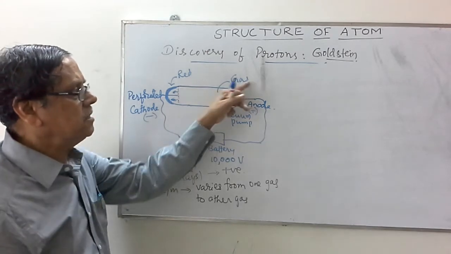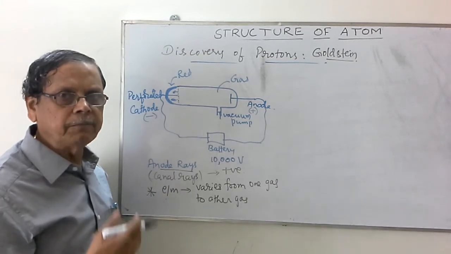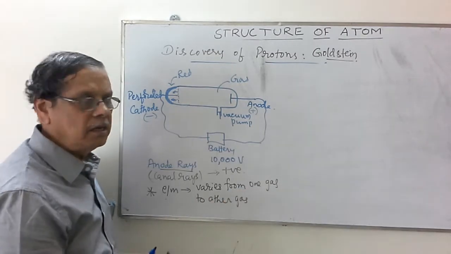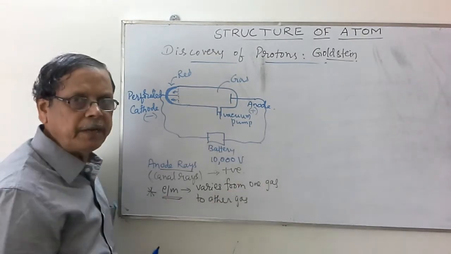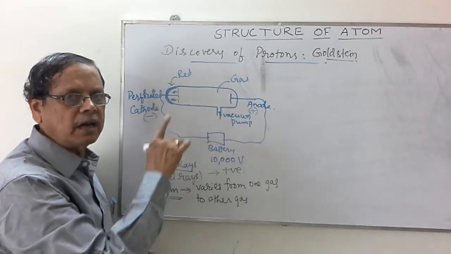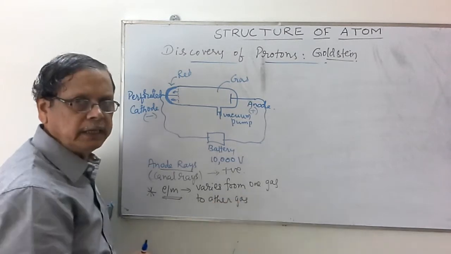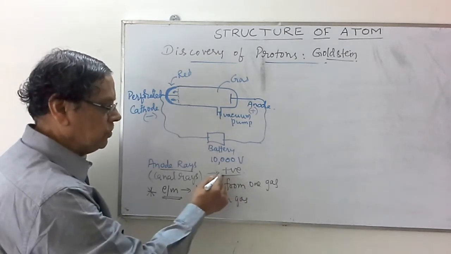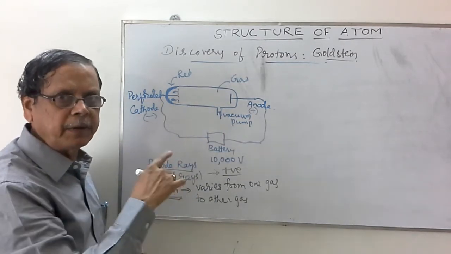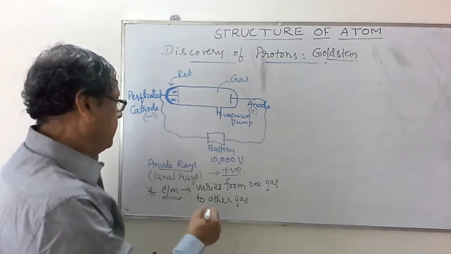But as the gas is changed, say in place of hydrogen I use helium, and in place of helium I use oxygen, nitrogen, etc., the masses become larger and larger, and hence this e/m ratio decreases. That is the important difference between the canal rays or anode rays and cathode rays: the e/m ratio varies from one gas to the other gas. They carry positive charges. They also move in a straight line. They also rotate the paddle wheel placed in their path, indicating that they carry particles.